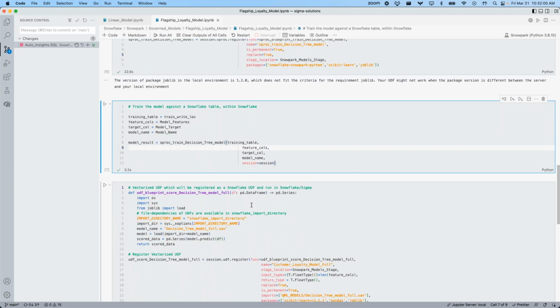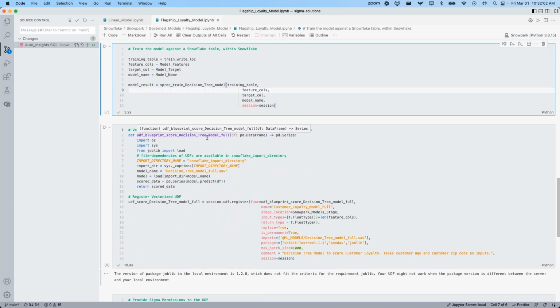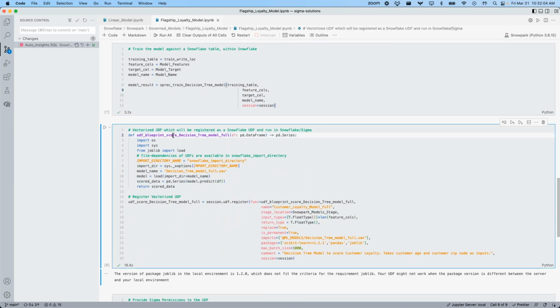And then all that's left is creating a system to pass parameters in. So that's that score decision tree model full. Give it a nice name like customer loyalty model full, save it in the stage that I want. But ultimately, all the UDF is doing is creating a way to create scored data. So we see that I'm model predicting off my input data frame.